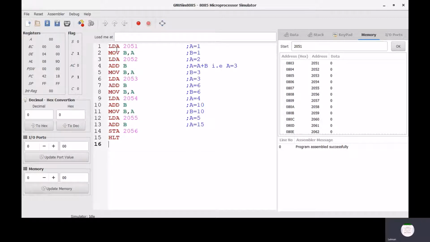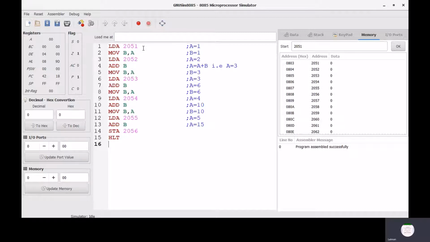The instructions related to this program are LDA 2051. LDA 2051 means we want to store the memory content of 2051 into the accumulator.